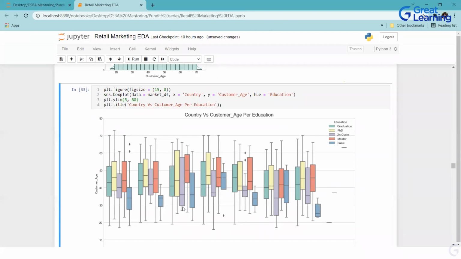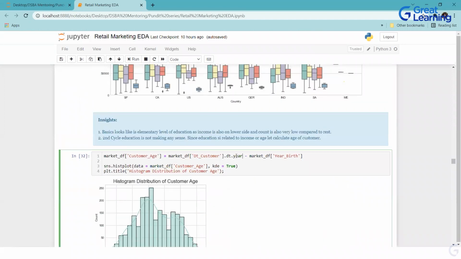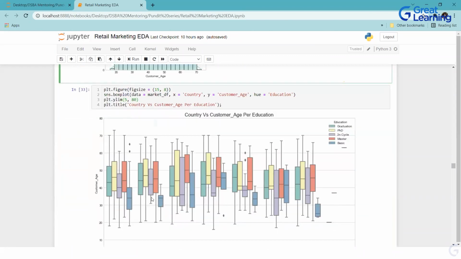But over here, you have PhD separately, you have graduate separately. So what we can do is, see, I took year over here. From here, if you write month, it will take month. If you mention date, it will take date from here. Okay, so if you see, it is on the lower range also. My understanding is that it would differ.